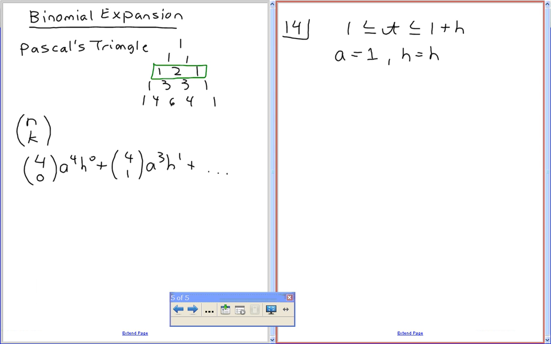This is 15. Veronica, from memory, can you recite the difference quotient for me, please? F of A plus H, subtract F of A, all over H. Okay. Good. The question here we're saying V of T